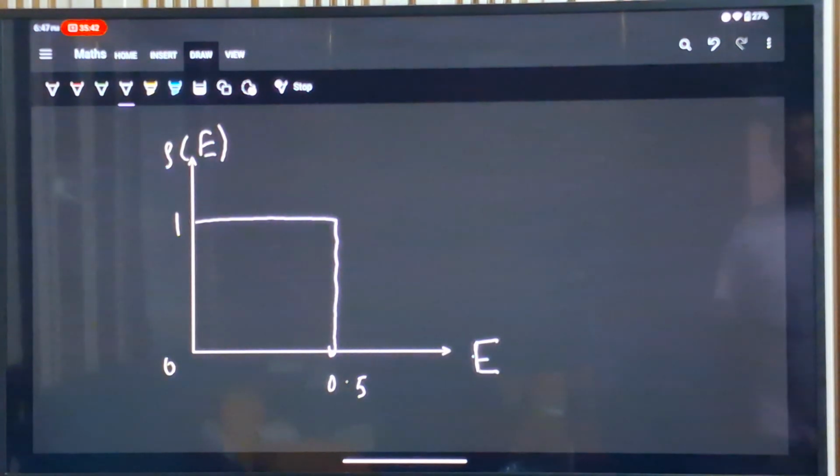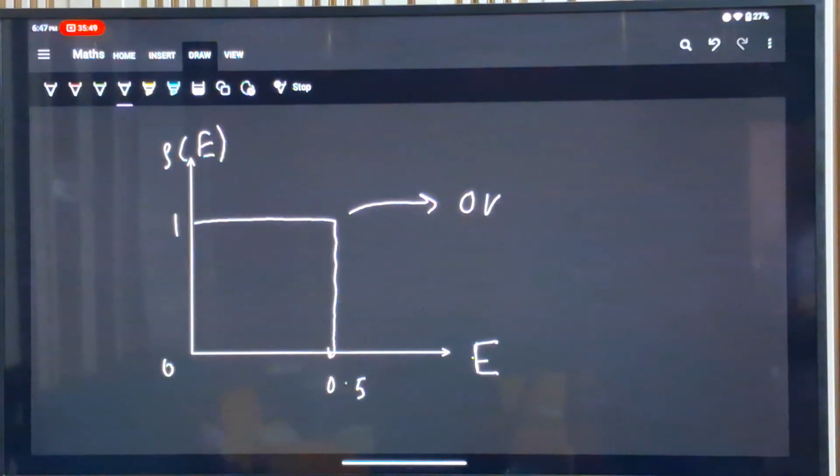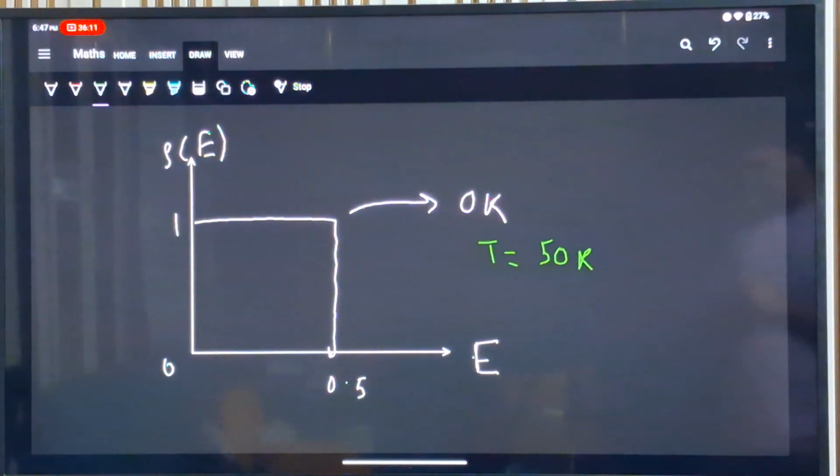So just to show you guys what happens exactly at 0 Kelvin. This is basically the graph that we obtained at 0 Kelvin. So we see that the probability is 1 before the 0.5 energy level, and then it drops to a sharp 0, right? However, if we change this to, let's say, T is equal to 50, how will this graph change? Basically, the graph becomes smoother like this,